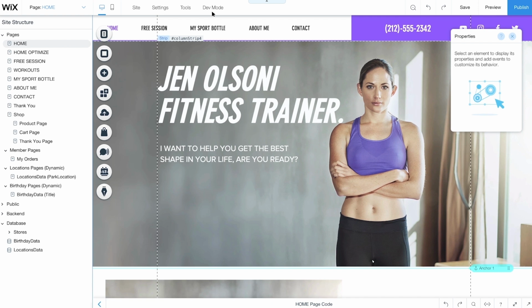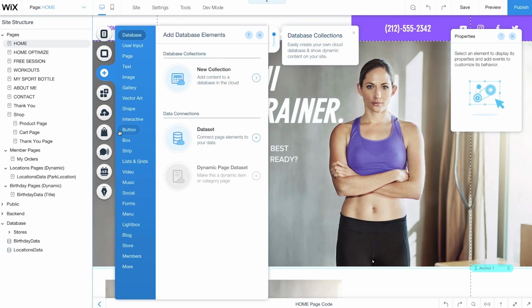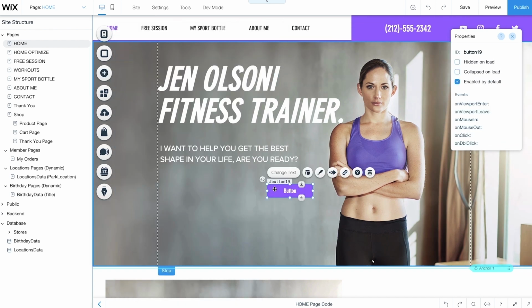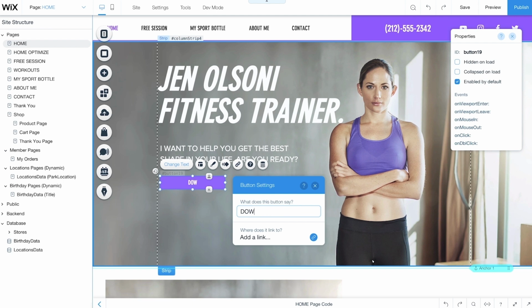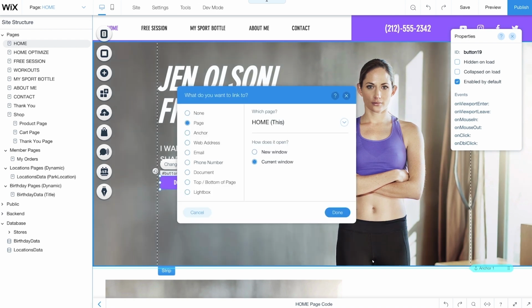Before you begin, make sure code is enabled. Since this example tracks downloads, you'll need to add a download button. Go to Add, Button, and choose one you like. Add text to your button telling visitors what you want them to do, like download ebook. Then click the link icon and select what you want to link to. In this example, select Document. Then choose your file